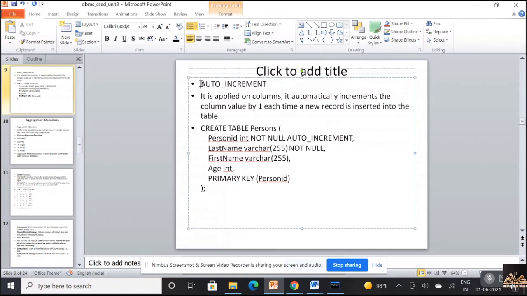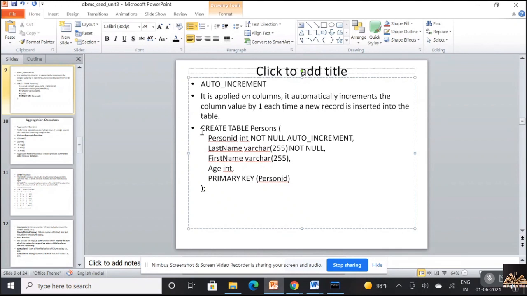Now, how you are going to work with that is, you have to work with auto increment in the create statement. So I'm taking an example of create table persons. Person ID is integer, which is not null, and again I'm specifying one more condition, which is auto increment.